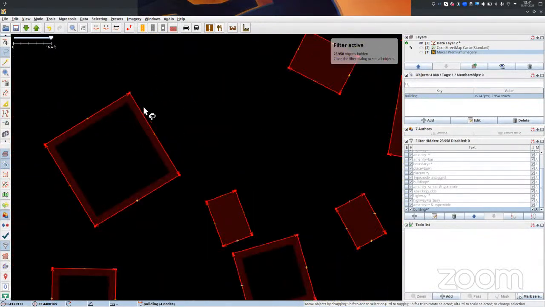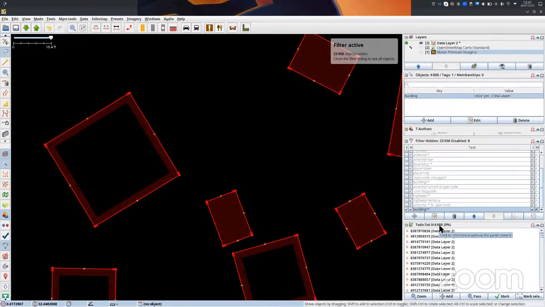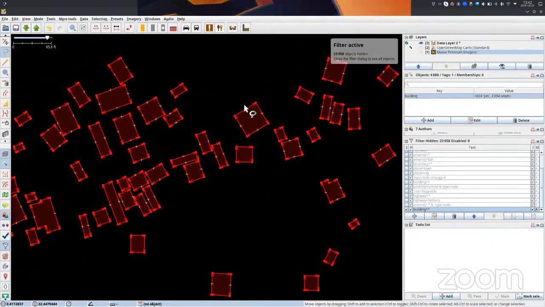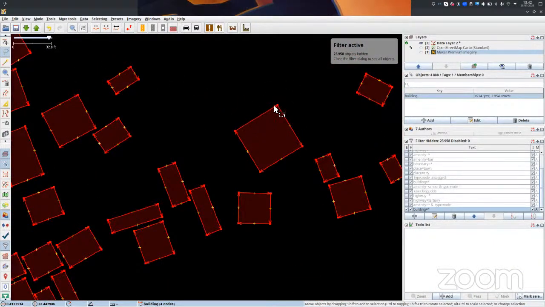But what happens is that when I'm selecting the ways, it is also selecting the nodes. So if you add them to the to-do list, it will add all the nodes, which is like 4,800 objects. All right, that's not my intention. What I want is to select only the objects which are buildings. So to be able to do that, you need to unselect the nodes and just make sure that only the